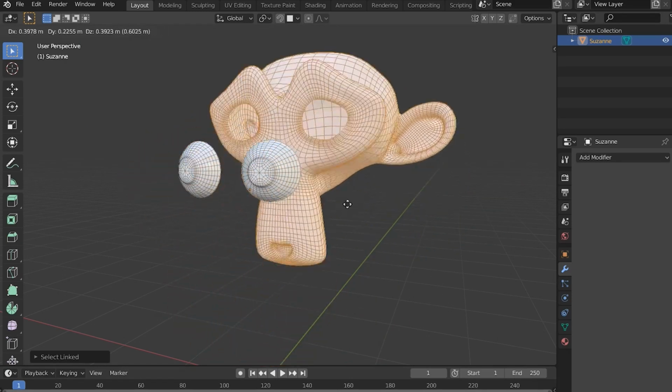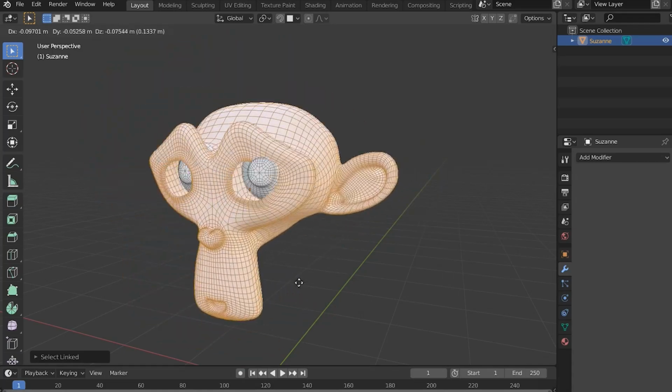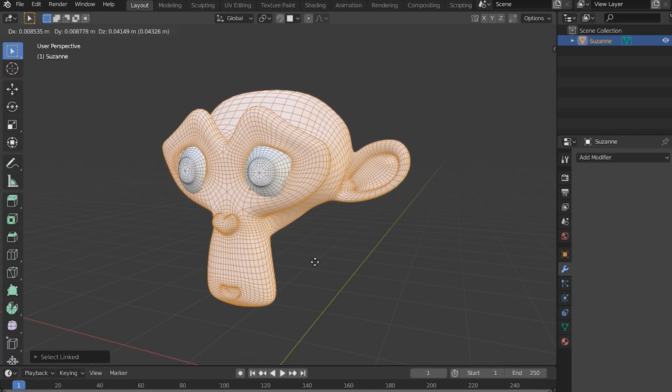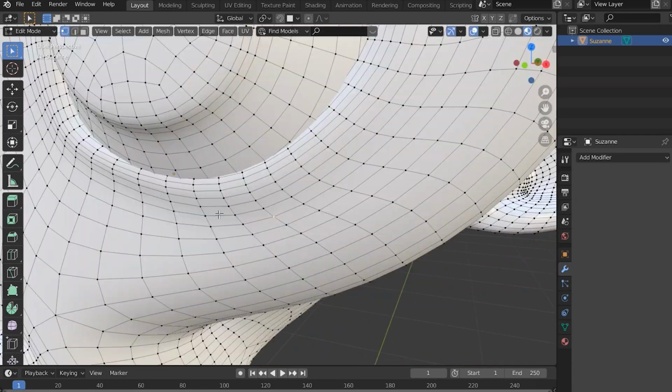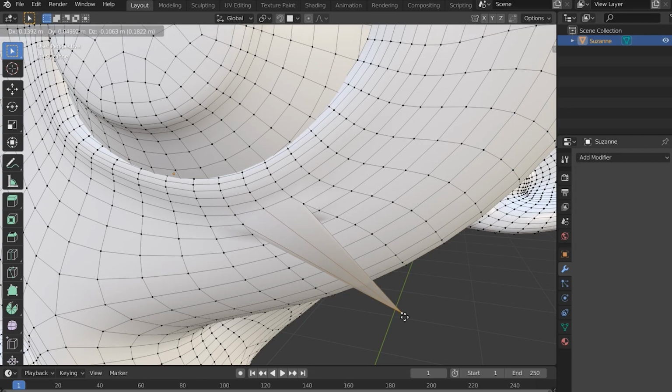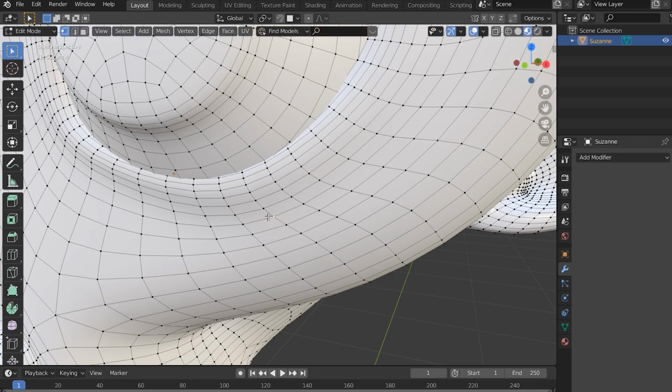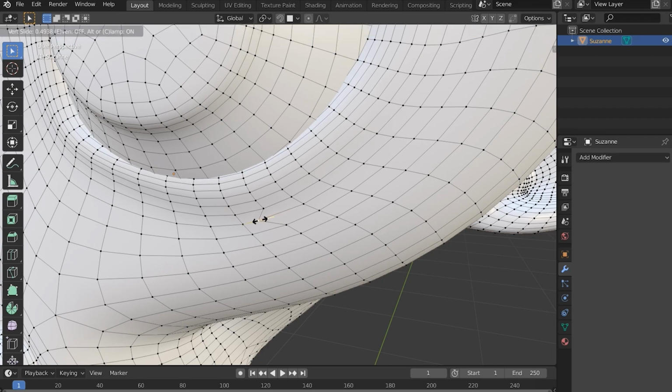I don't know why G is move, but I think of it this way. It's G for grab. So if I'm going to grab it, I'm going to move it. If I have a vertex that I want to move, I can use G to move it, or if I want to move it along a specific edge, I'm going to hit GG, and it's going to move it along those vertex edges. It will not move it outside of there, it will constrain it to those edges.